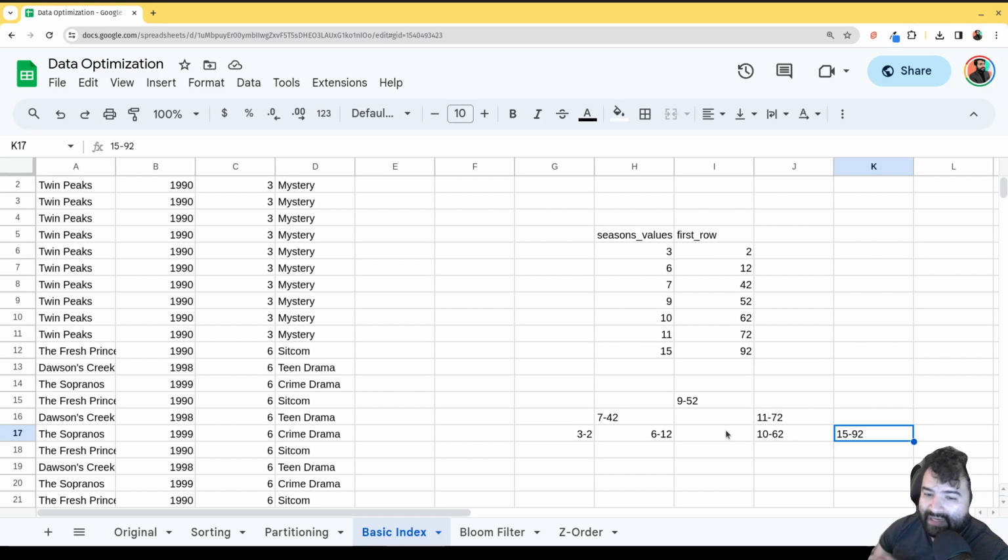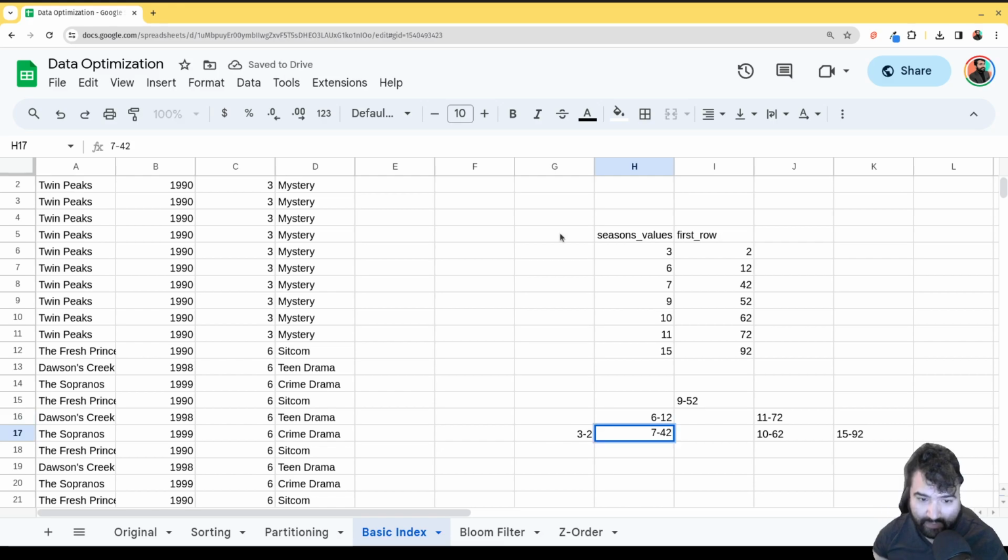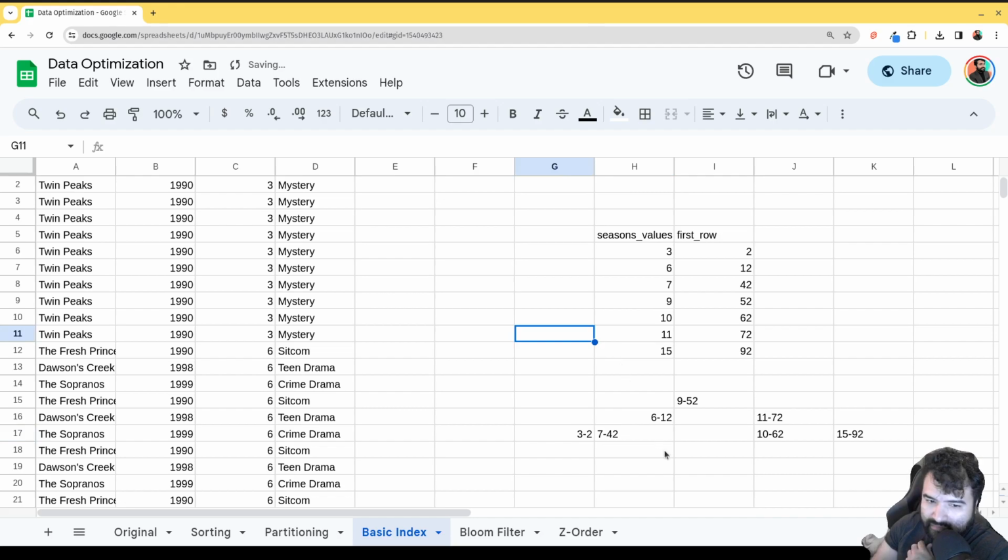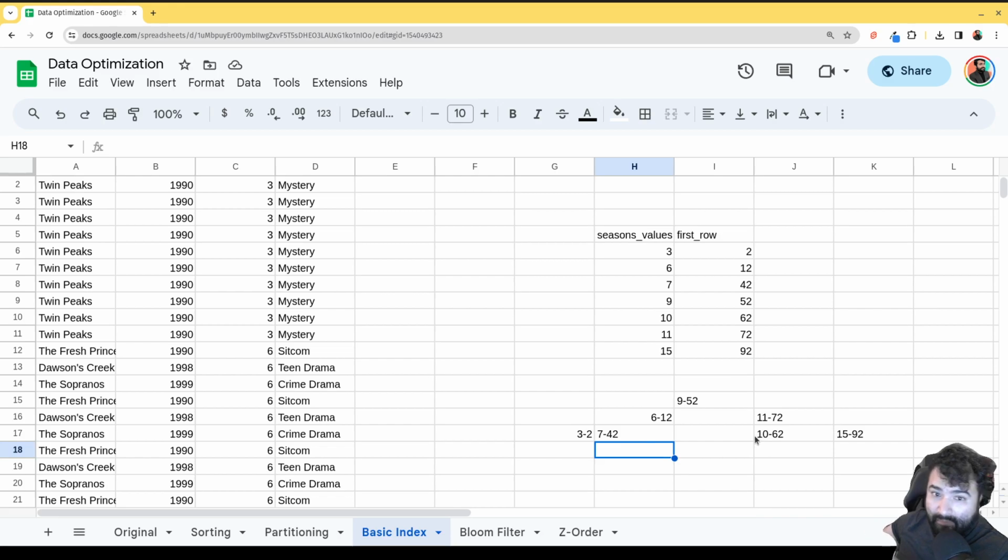So this is why a lot of times your index, and again, this probably should have been here, 612. Yeah, 612. And then this would be 742. Okay, just so that way we have a proper tree. Essentially, the more values you have, the larger that tree is, but that tree is going to be much faster. There's going to be a lot less steps to get to the specific spot you need in the tree that's going to tell you which row to go look at than it would be in just a